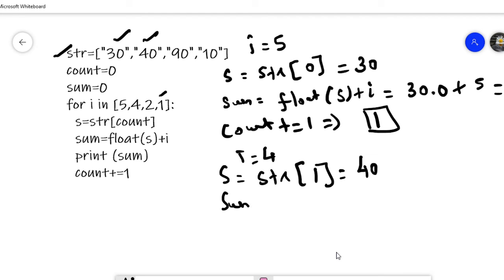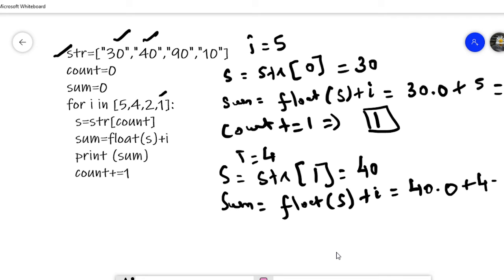So sum equal to float of s plus i. The s value is 40, and after conversion it is 40.0. Then the value of i is 4, which means 44.0. Then the value of count is incremented, so now it is 2.